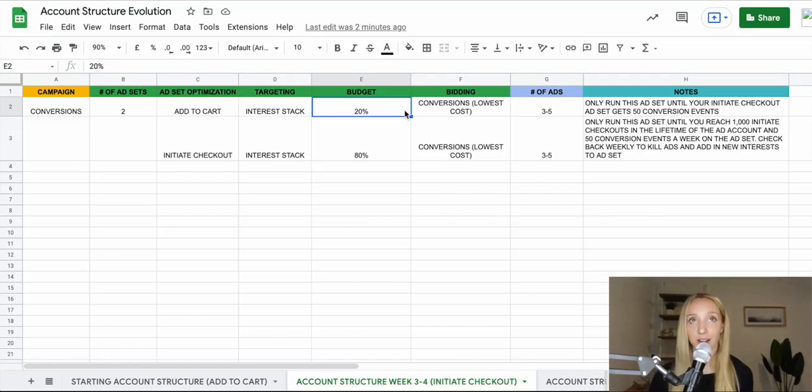You want to prioritize over everything that the ad set is getting 50 conversions a week. It doesn't matter whether it's add to cart or initiate checkout. That's really like the North Star of getting the learning phase and having your ads optimized. So that's more important than moving on to initiate checkout, if that makes sense. So I'll run these concurrently,